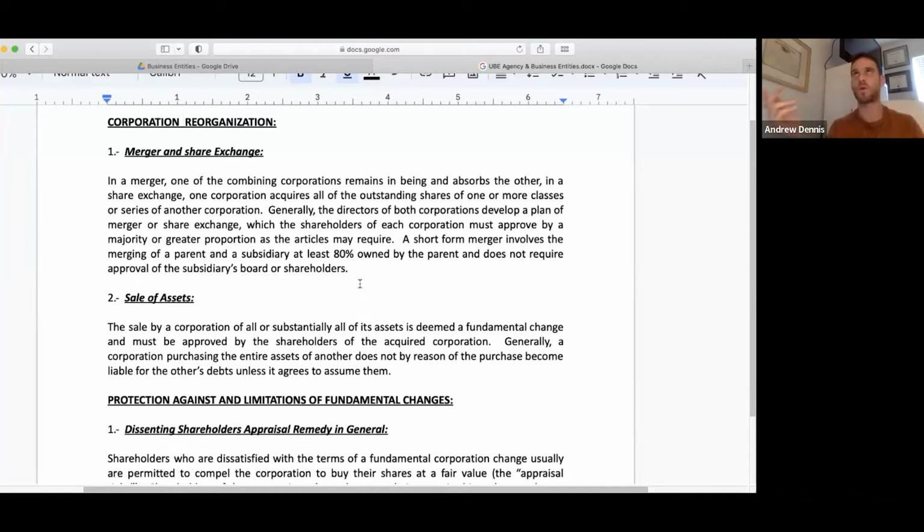There's certain things that are always going to require shareholder approval, like a merger, for instance, like